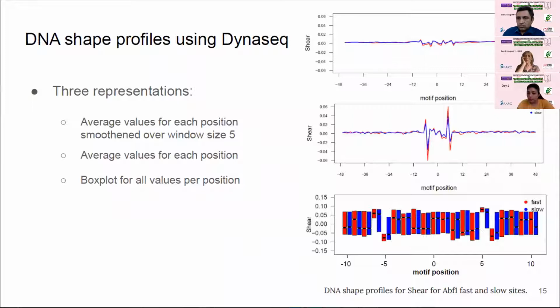So we are still working on solidifying this, saying that yes, there is a difference, because we do not know how significant this difference is. We are still working to say that yes, we can differentiate the fast and slow sites based on their difference, or whether it is because of the random nature by chance, or because the fast and slow sites are actually similar in their DNA shape profiles, or different.